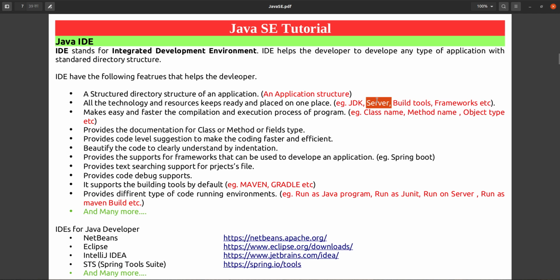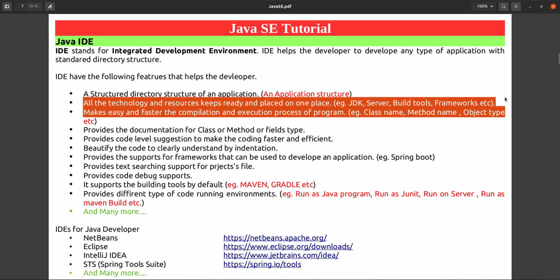If you are developing a web application, then in that case you need a server also. And to build your application, definitely you have to use a build tool. And if you are taking the help of any framework to develop an application, that also you have to include. So in that case an IDE is required.